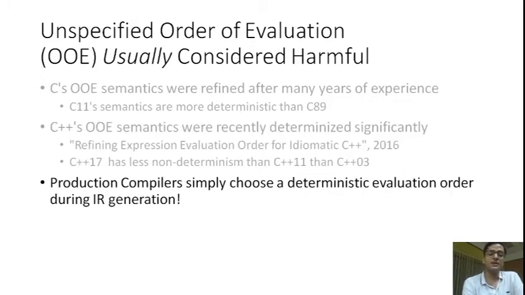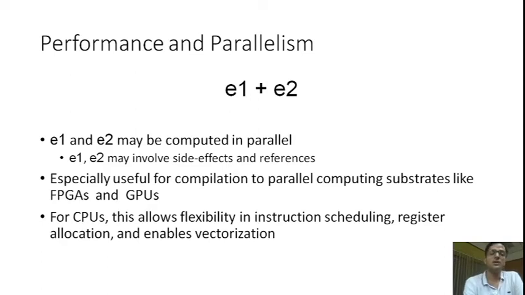This is also reflected in compilers because compilers tend to generally ignore the non-determinism present in the order of evaluation semantics of the programming language. Production compilers like GCC, LLVM, and ICC simply choose a deterministic evaluation order at a very early stage of the compilation pipeline, namely IR generation. However,